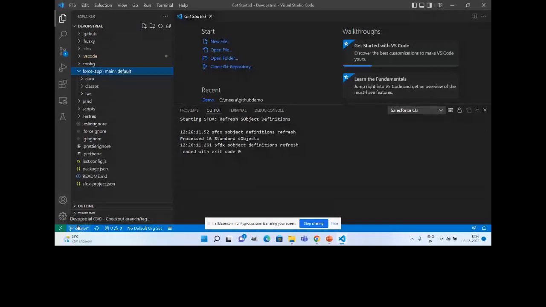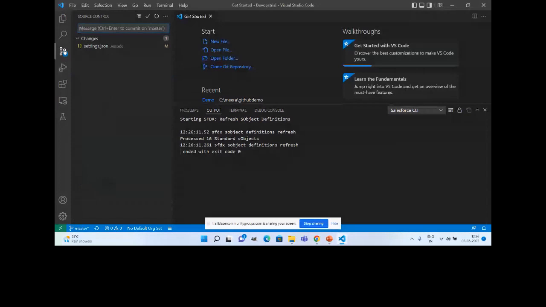Now what next step can you do? Like I mentioned, normally in the development process, you are never going to develop something directly on the master branch. Instead, each developer should create his own feature branch and do the development there. For that purpose, let us create a branch, and let me put the name as demo branch. Now when I am creating a branch, it is getting created locally. You can see it automatically got switched to demo branch.